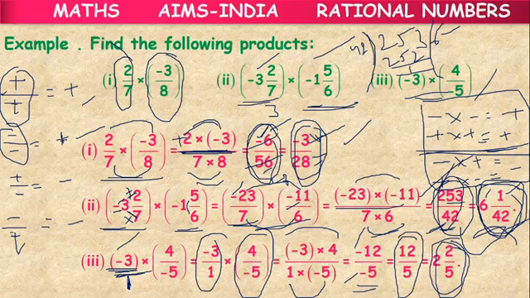Suppose in IIT, if it is a 4 marks question, you have options minus 2 by 3, plus 2 by 3. If the answer is minus 2 by 3 and you choose plus 2 by 3, you will be losing 4 marks. And in addition to that, negative marking, 1 mark will be lost. Total 5 marks you will be losing in such kinds of competitive exams. So be careful regarding the sign of the rational number. Cross-check once or twice before choosing the answer. Take care regarding the signs of rational numbers.